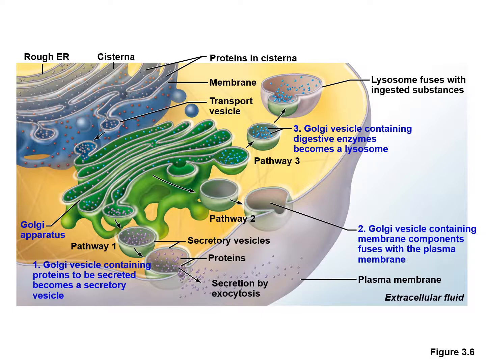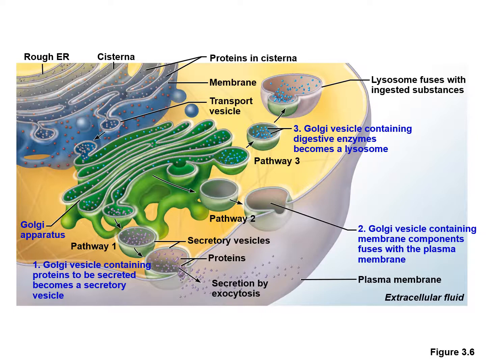Now if you look at pathway 2, there is a particular protein that is coming, which would be forming a component of the plasma membrane. So that secretory vesicle comes and fuses with the plasma membrane, and the components are used in the repair or maintenance of the plasma membrane. Now going to pathway 3, here the proteins that came out of the Golgi apparatus were very strong digestive enzymes, and these enzymes would become part of the lysosome, which is another organelle.